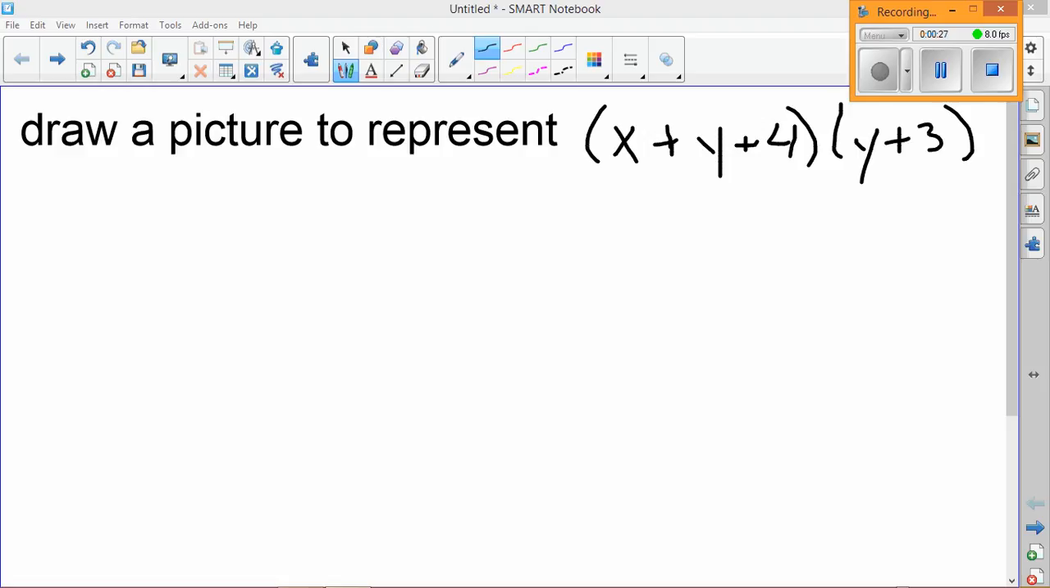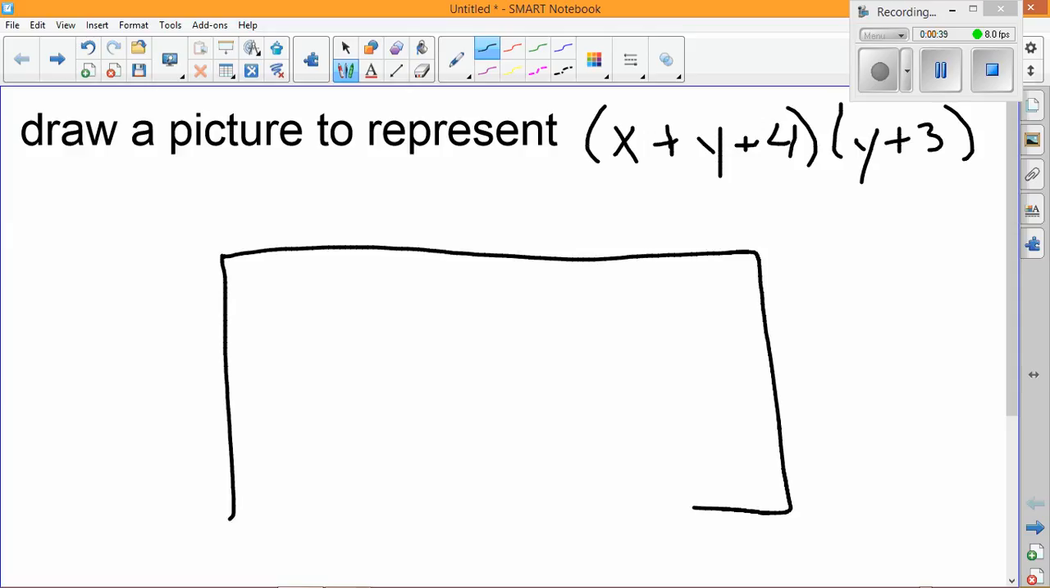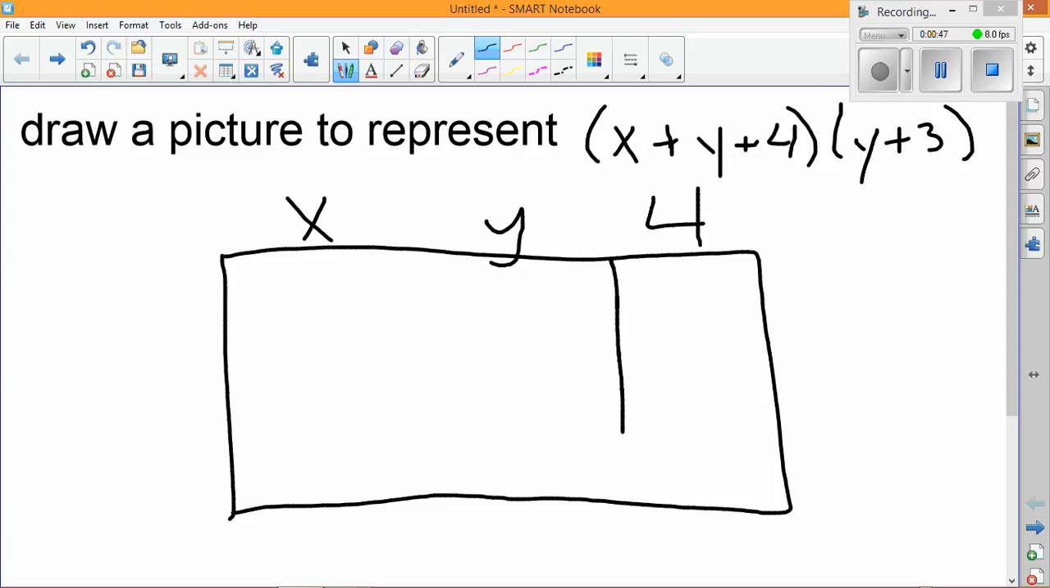So now we've taken it from drawing a simple area model with just numbers to drawing an area model using variables. So basically we need to draw a big rectangle. And then we need to label the sides. We have x plus y plus 4, so we can partition this into 3 values, x, y, and 4. And we can partition the other one into 2 values, the quantity y, which is probably about that big, and